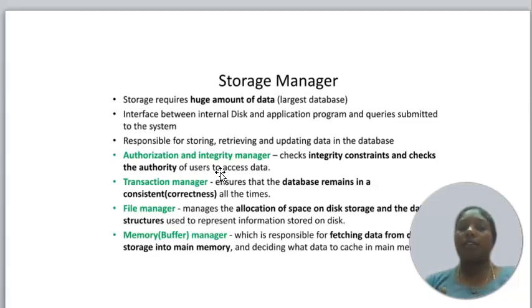We split it into different components: the authentication and integrity manager, transaction manager, file manager, and memory buffer manager. The authentication and integrity manager enforces authentication through integrity constraints. It checks the credentials and the authentication process, and only then can you access the particular data. The transaction manager